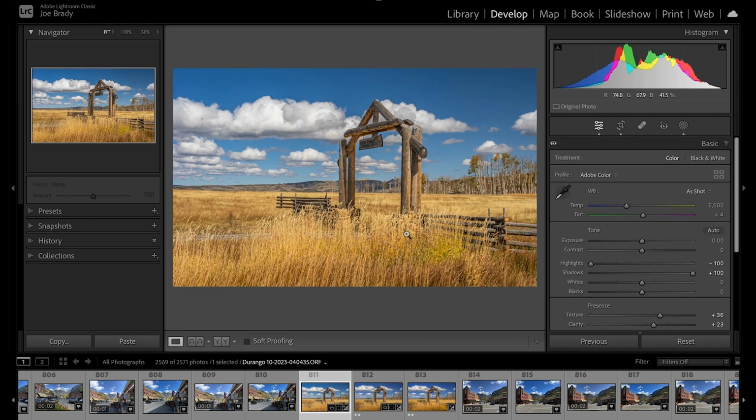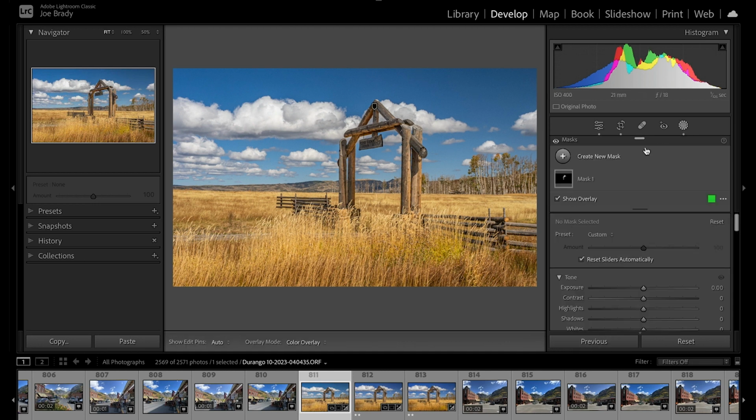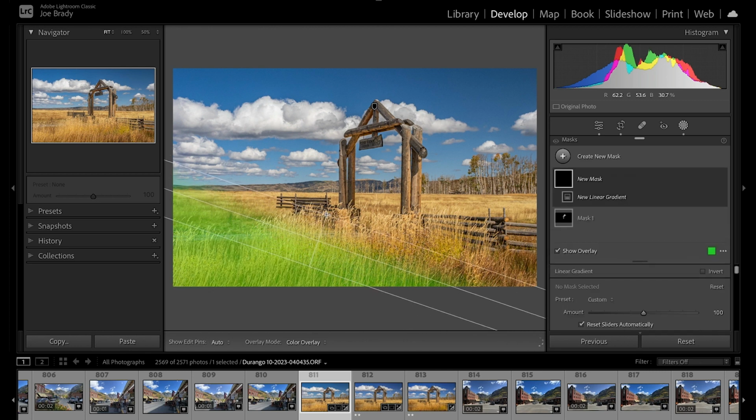Now, as we take a couple little final looks here, what else does it need? Well, the grass is kind of bright. Can we darken it up leading to the opening here? So we're going to hit the M key, which is the keyboard shortcut if you go to create new mask for a linear gradient. I'm just going to hit M, and then what it does is gives us the gradient